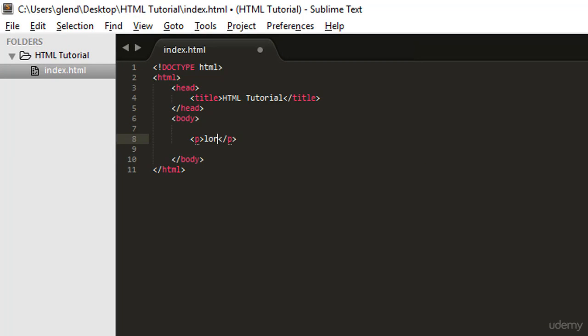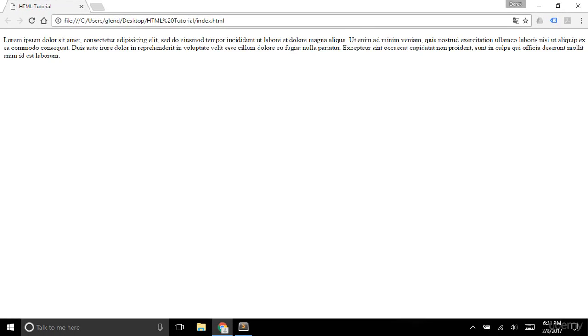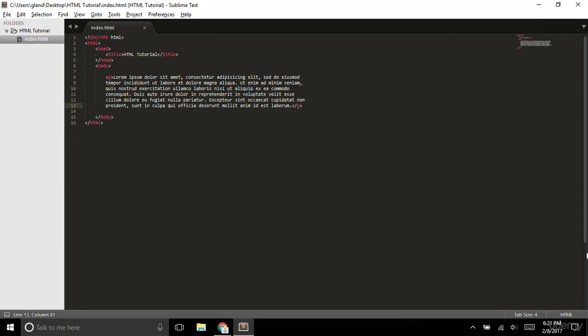Remember to type lorem and press the tab key to generate quick text. Save your project and view it in a web browser. Looks pretty good. Going back to the code now, one downfall of the paragraph element is that it doesn't preserve